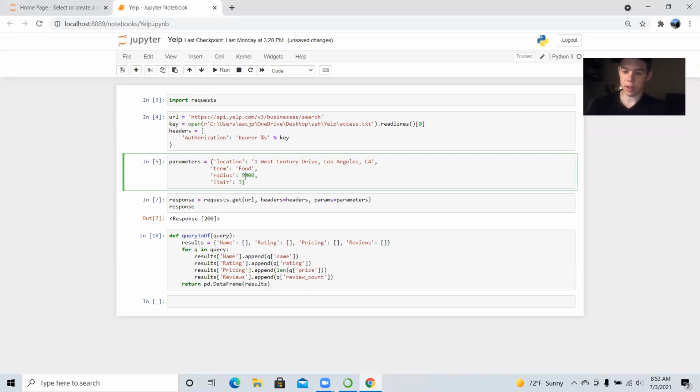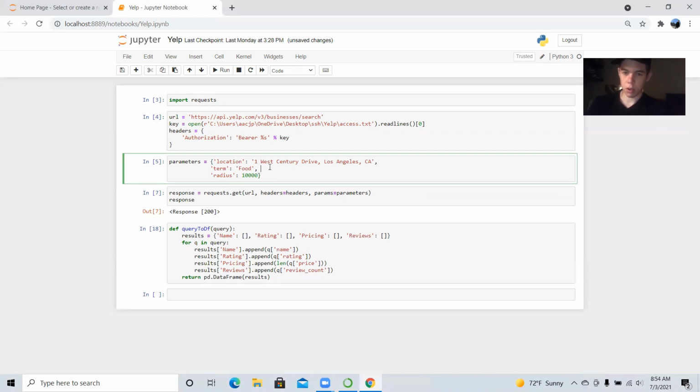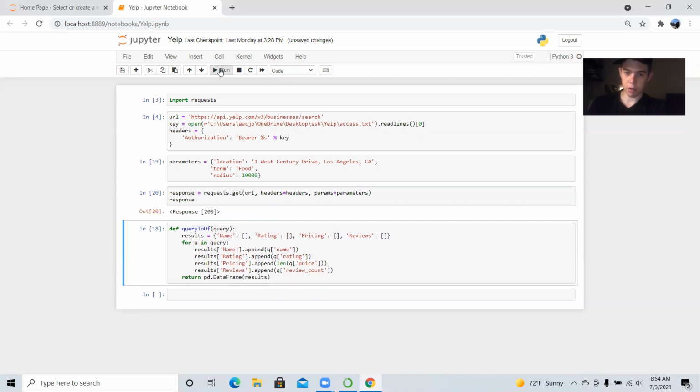Let's increase the radius to 10,000 meters, which is like 6 miles on either side. So it's like a 12-mile diameter of the circle that we're looking at, and we're not going to set a limit. So now we have different results. So we will call this function,